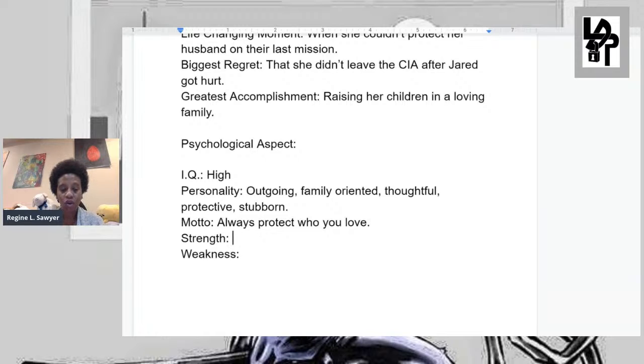And her greatest strength, or we can put greatest there, greatest strength, greatest weakness. Greatest strength can be her passion for justice. Her greatest weakness could be